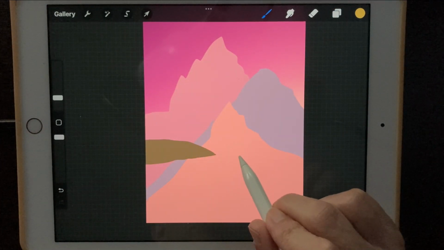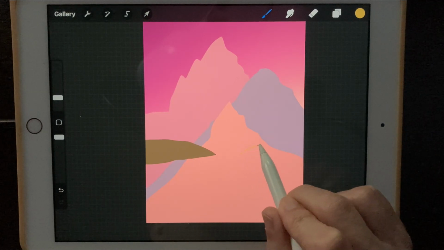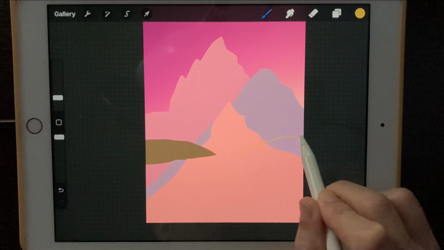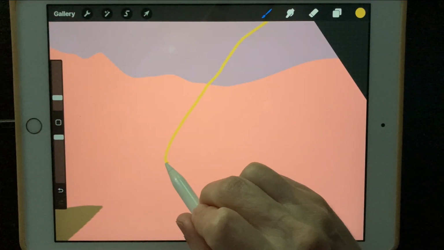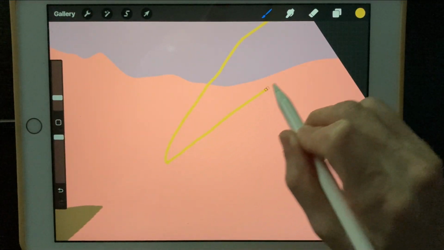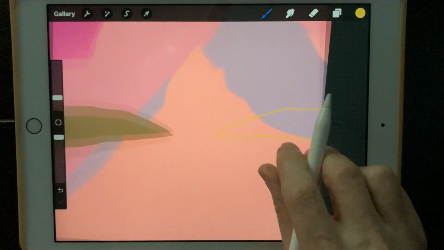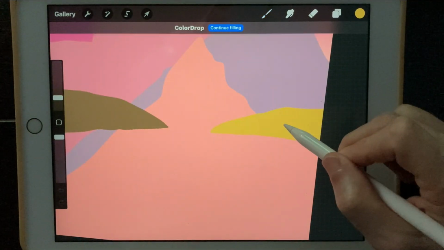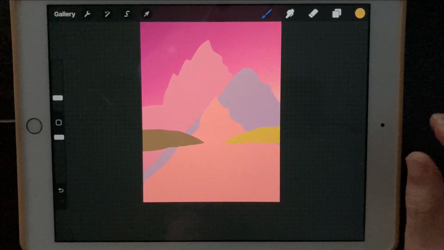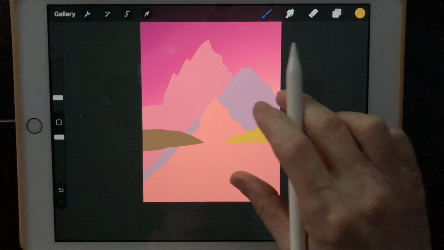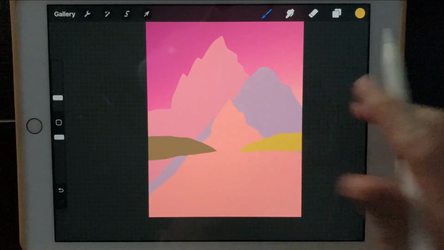Let's do this again. Okay, so we're going to start about right here. We're going to come up over there and make sure I connect these and take this off over to there and then fill that in. And there we go. We got our two land masses there. Okay, next what we're going to do is we're going to put some rocks,